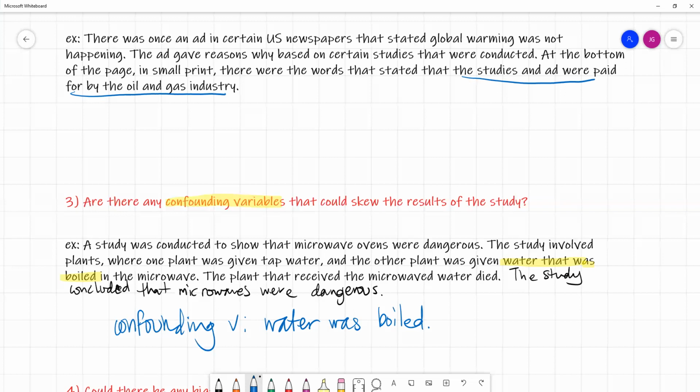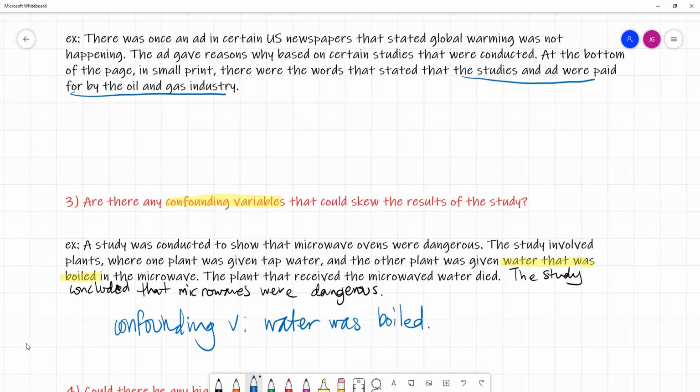Okay, and so that's why researchers spend a lot of time designing their studies, because they're looking for other possible things that could lead to the outcome that they want, and they want to try to eliminate or control those, right? So here, our confounding variable is boiling water. So I can't immediately believe that microwaves are dangerous, because it very well could have been that the boiling water